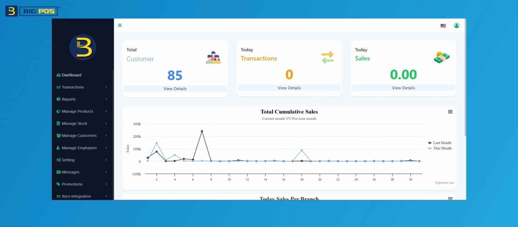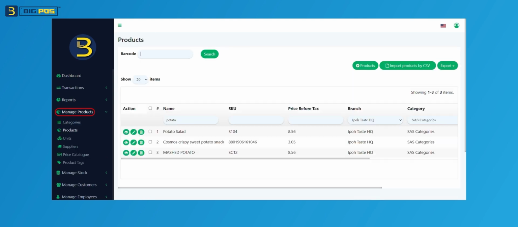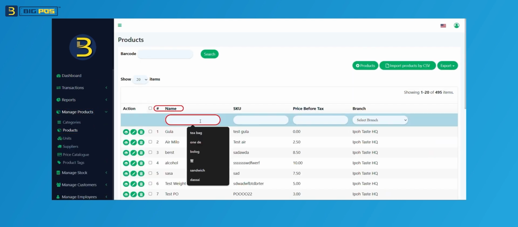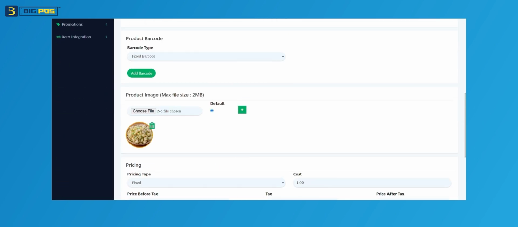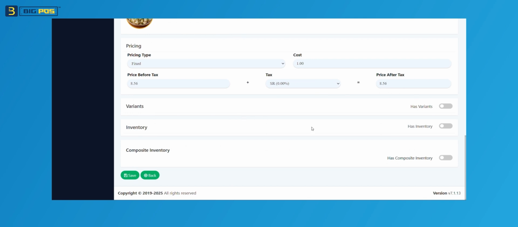So right now I will show you the first method, which is how we go to the product to directly update the quantity. Alright, so we go to the manage product section, and then products, and then we can straightforwardly look for our product. Let's take an example, say I want to update this particular product. So we just edit it, scroll down to the very bottom and